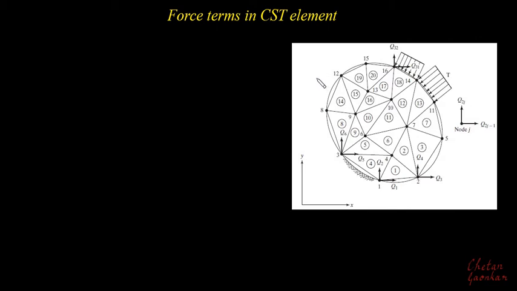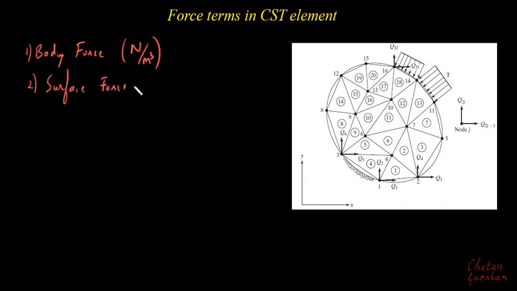As we had discussed last time, a body may be subjected to three kinds of forces. The first kind of force is called a body force, which acts on the entire body, and it is given as Newton per meter cube, or force per unit volume. The second type of force is called a surface force, which is given as Newton per meter square, and it can also be called force per unit area. And the third type of force is called a point force or a concentrated force, which acts on a very small area and can be idealized as a point force.